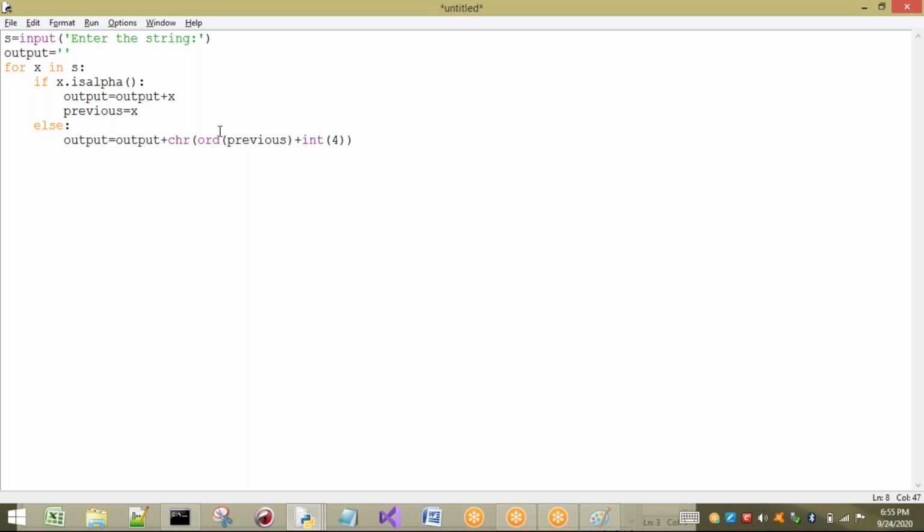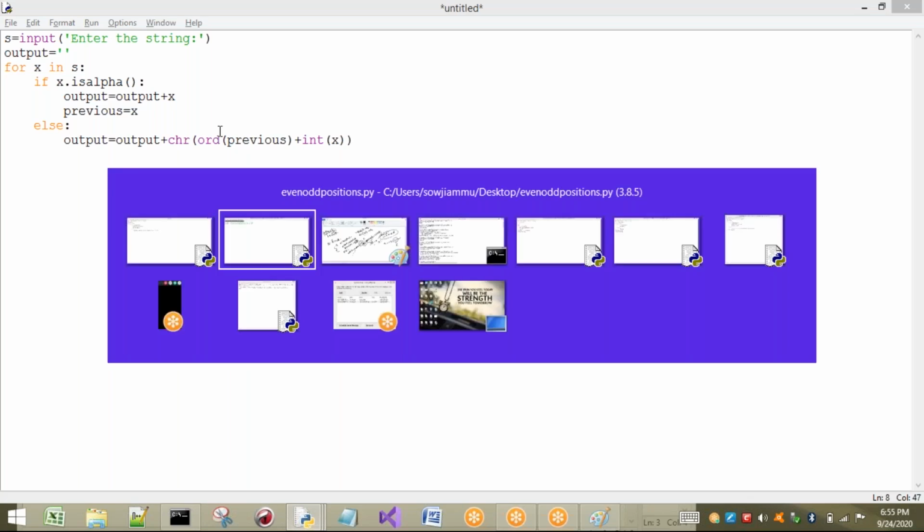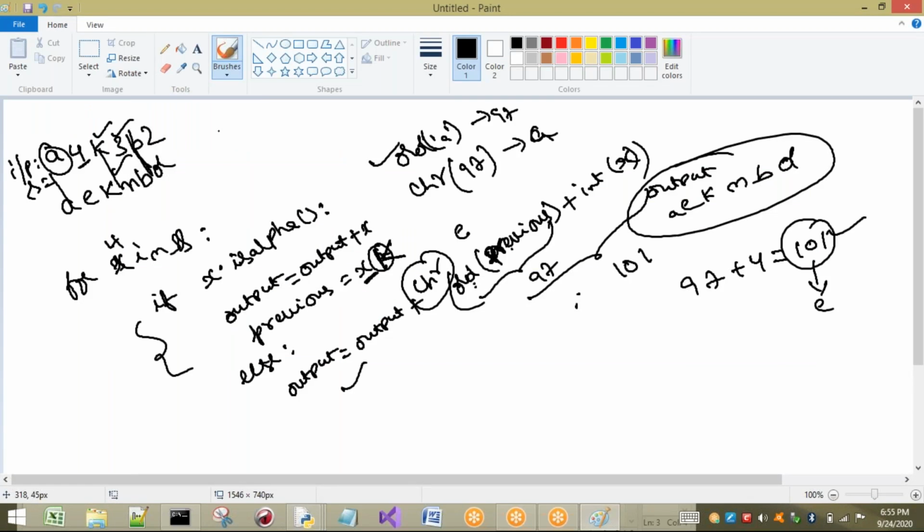Now the process is completed. We should write X, not 4, because X is what holds the number. In our example, A is completed in the if case. In the else case, we take the first value as 4, so X is storing 4. First time X stores A, then 4, next loop K, next loop 3, next loop B, next loop 2.